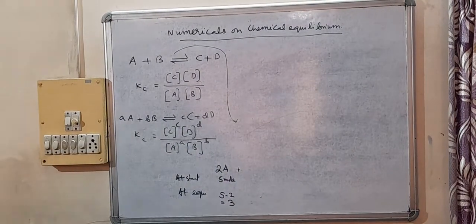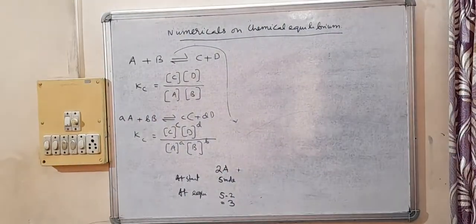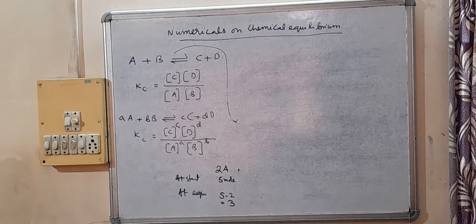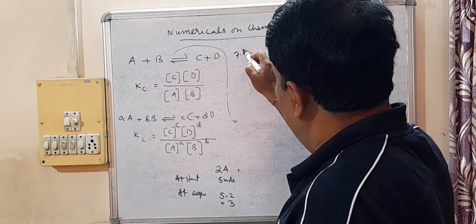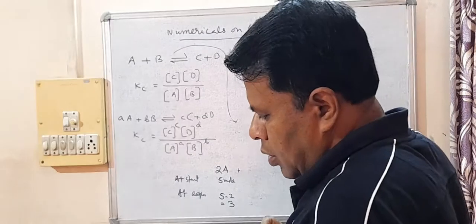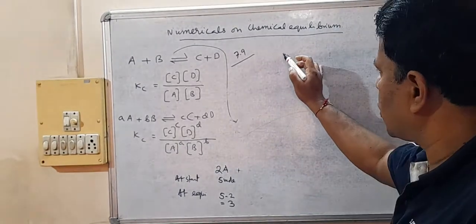So let us do NCERT. Let us do first question number 9, 7.9 of NCERT book. So it says that we have this equilibrium in this question: